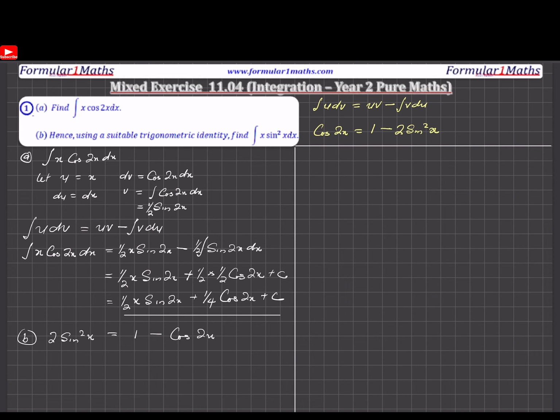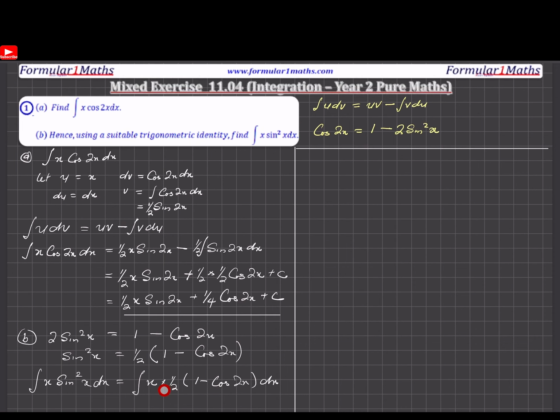Then I'll divide both sides by 2, and I have sine squared x equals 1/2 brackets 1 minus cos 2x. So my integral of x sine squared x dx becomes the integral of x, and I'm going to replace the sine squared x with the whole of that. So I get times half bracket 1 minus cos 2x